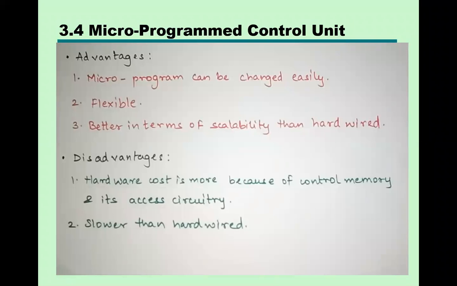Yesterday we discussed hardwired. In hardwired, obviously hardware is used over there, AND gates, OR gates, right? So different gates are there. Whatever signal is generated is hardwired, so you cannot change it easily in hardware. If you want to change it, obviously it is very difficult. But if you want to change a program, yes, you can easily change it, right?